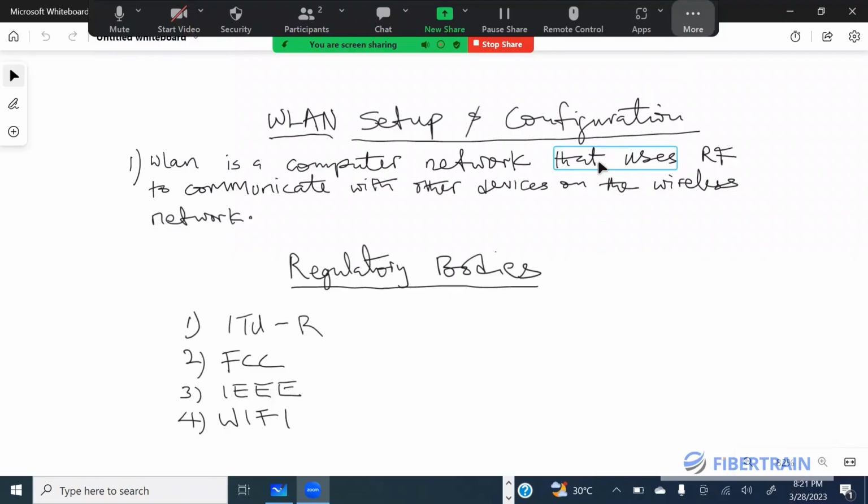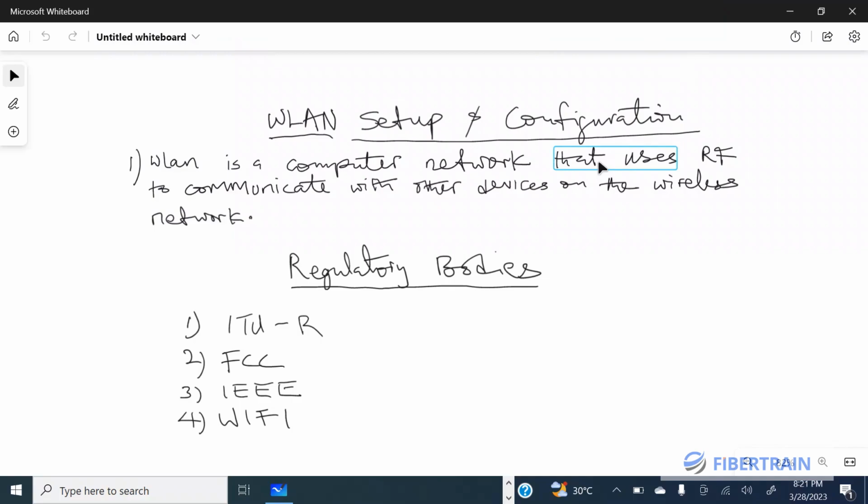Today, we'll be covering wireless network setup and configuration. And so we'll be focusing mostly today on wireless. The last time out, we discussed LAN, which is local area network. And we did set up a local area network between two systems on the network, a Windows 10 PC and